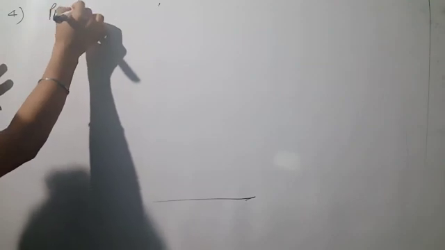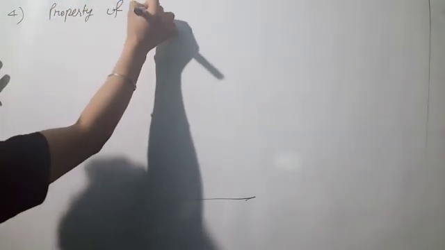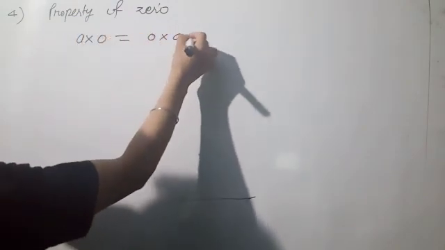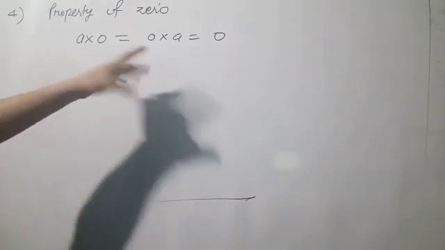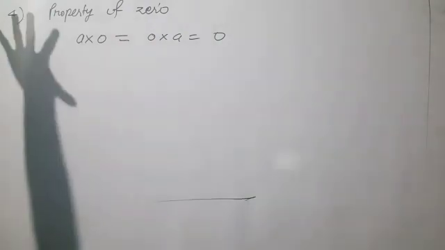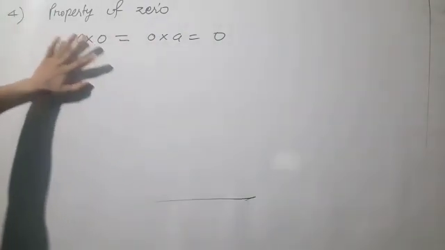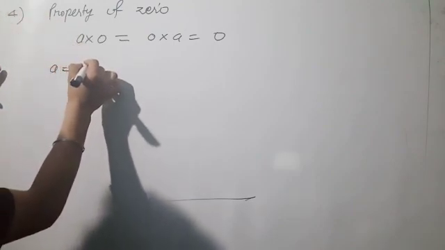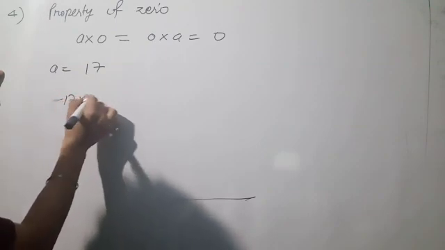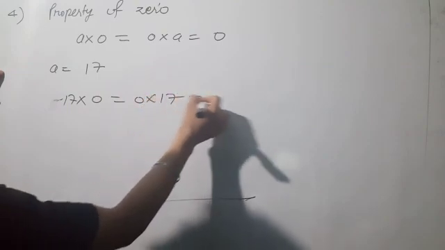Here we do not directly have the additive property. Instead of that, we have the property of 0. Property of 0 means if you multiply 0 with any number, then our answer becomes 0. In addition, the number itself is the answer, because whenever we add 0 to any number, our answer is unchanged. But here our answer is 0. Like if you have 17 as a number and we multiply 17 with 0 or 0 with 17, then our answer is 0.